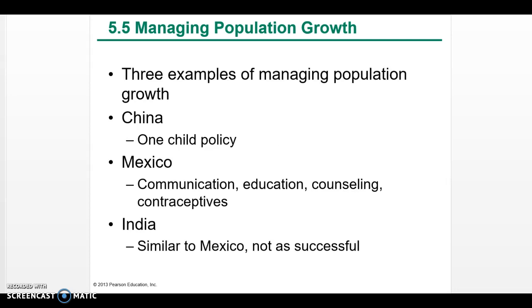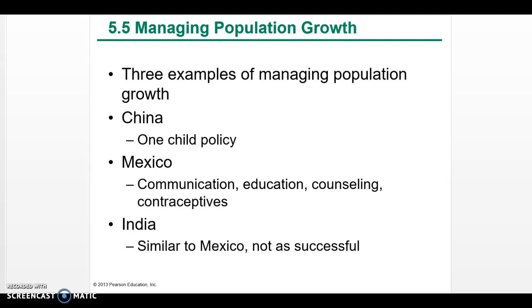So these are three examples of ways that people have tried to manage population. China, the One China policy, but of course there were a lot of problems with that and social consequences. Remember, it was repealed in the fall of 2015, but that doesn't mean those social consequences won't be felt in China for a long time. Mexico has really tried to decrease their population through communication, education, counseling, and contraceptive use. Even though it is a predominantly Catholic country, they have tried to implement the idea that contraceptives are an okay